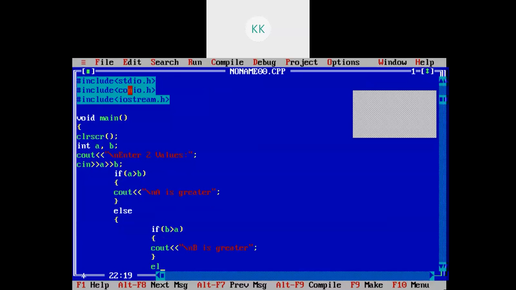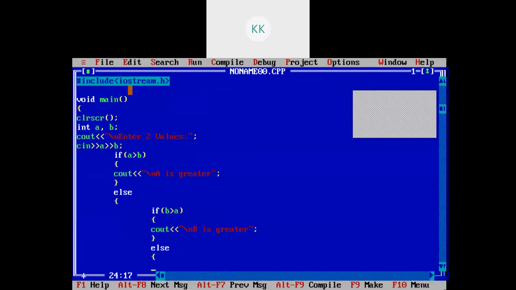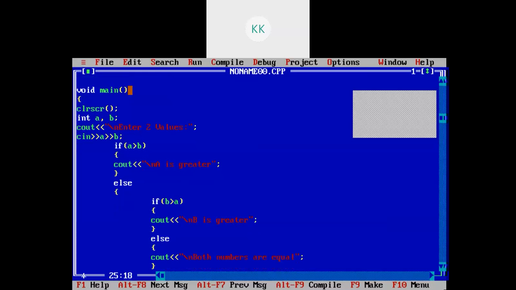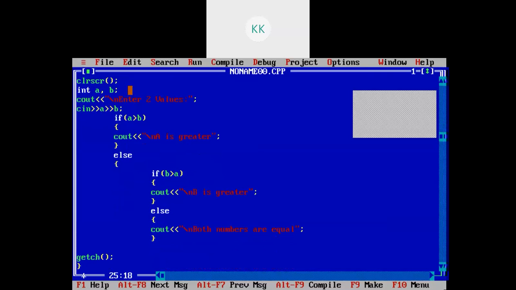For this if I need to write one more else, this becomes a nested if else, because we are writing one if else under another if else. Both numbers are equal. And we need to end this else as well.